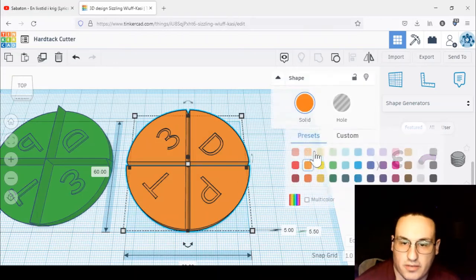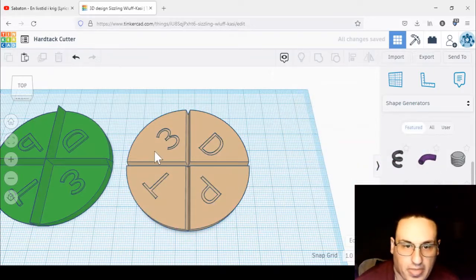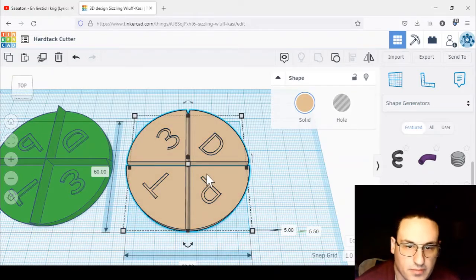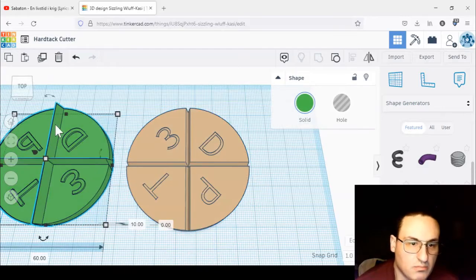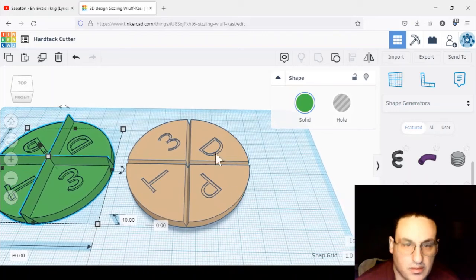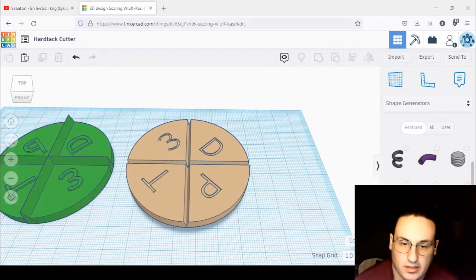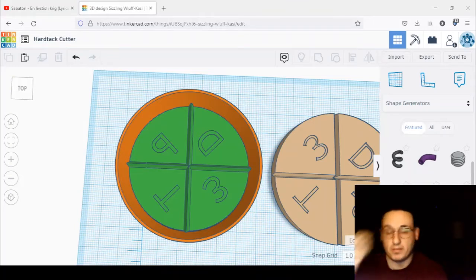So let me see if I can change the color to 10-ish. Oops. So this is the shape that'll show up, and this is the cutter for it. And I like it. Now that I have the shape of the press that I want for my hardtack cutter, I want to make